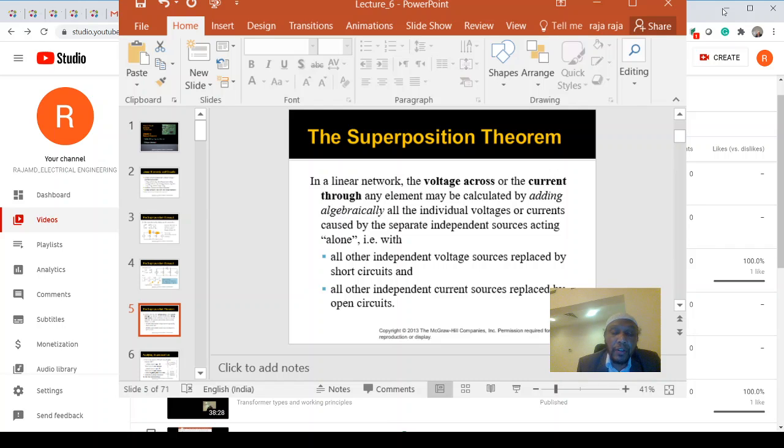What do they mean by individual voltage and current? They say if you have two sources, you keep one source on and the other off, then calculate the value of voltage and current. Then in the second case, the second voltage source should be on and the first one off, and you calculate voltage, current, whatever you want. Then in case 3, if you sum these parameters, that is equal to the total. The individual contributions come from case 1 and case 2. That is the meaning of the superposition principle.